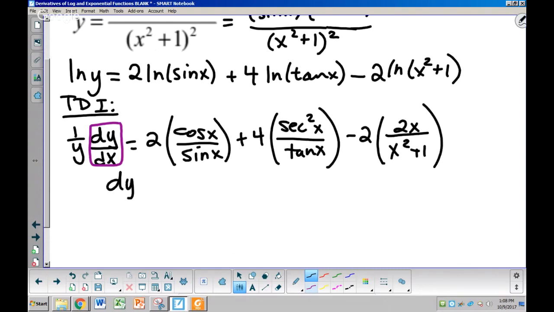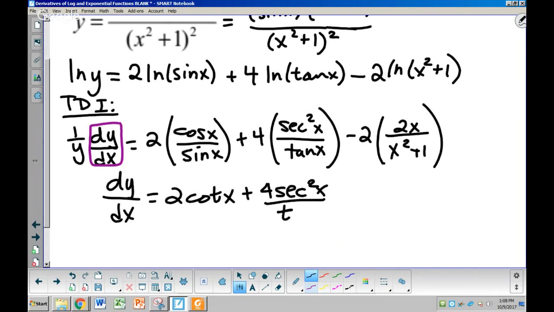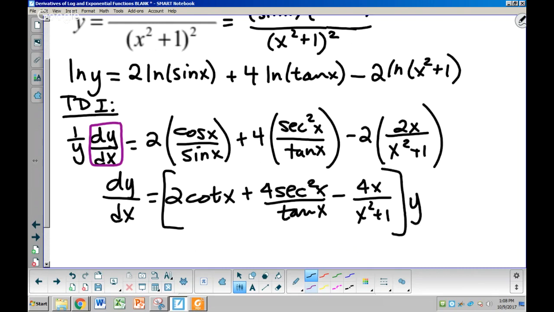dy/dx equals 2, and this is cotangent x, by the way, plus 4 secant squared x over tan x, and I wouldn't simplify that, I'd just leave it, minus 4x over x squared plus 1 times y. Could you plug in what y is at the end? The answer is yes. Okay, so that's all I have. And I foreshadowed what your